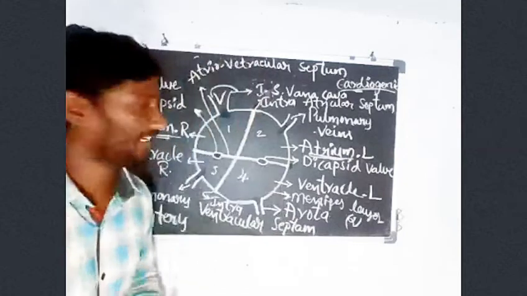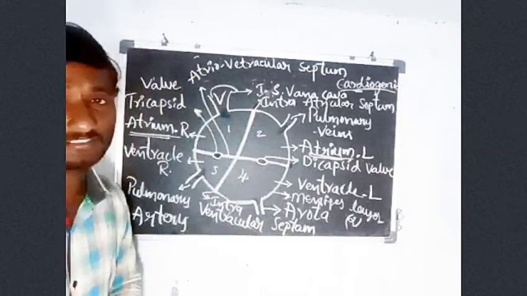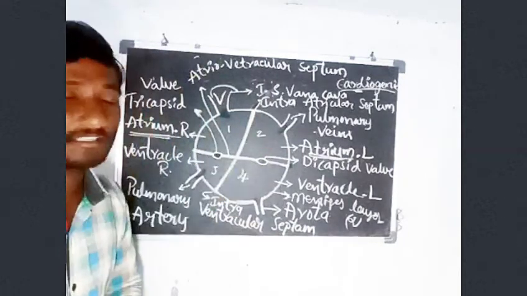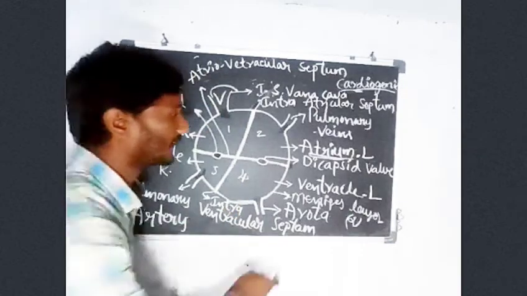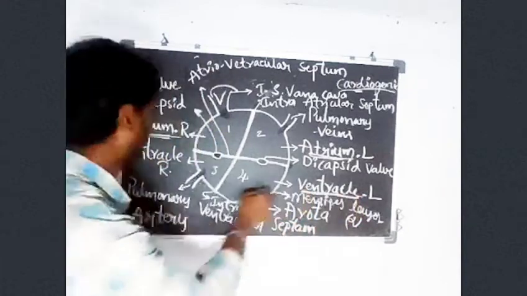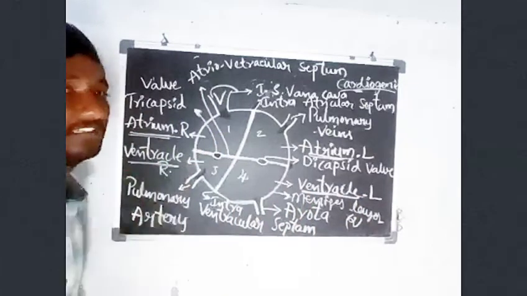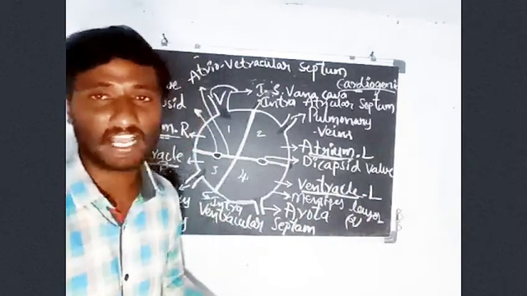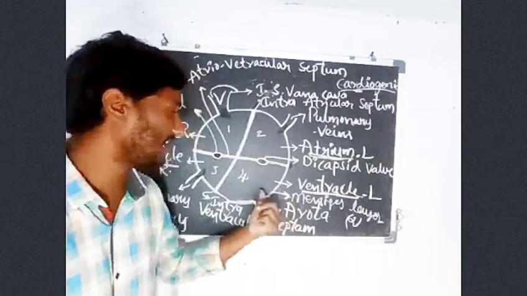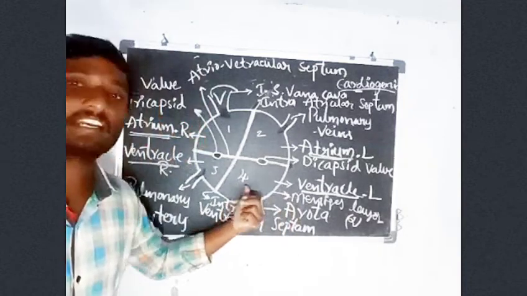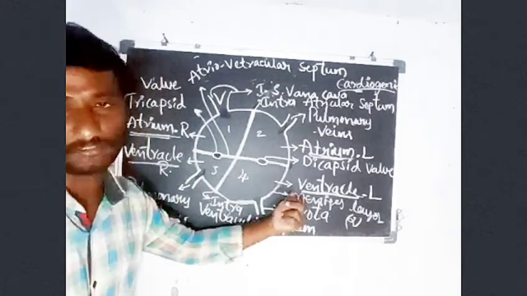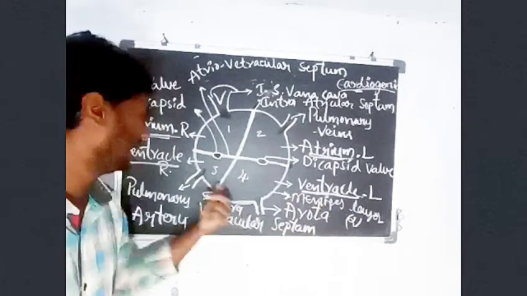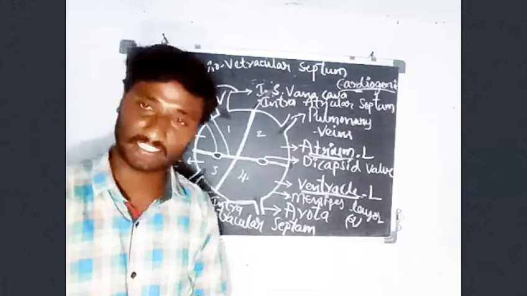Next, below the atriums, 2 more chambers are there. Those are called ventricles. The 2 ventricles are located in the heart, one on the left side and one on the right side. Based on the places, they are also divided into 2 types: the left ventricle and the right ventricle.